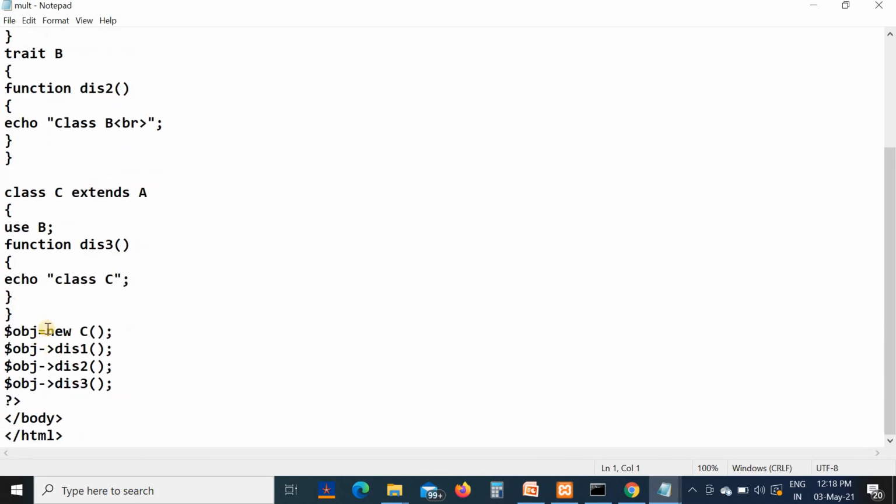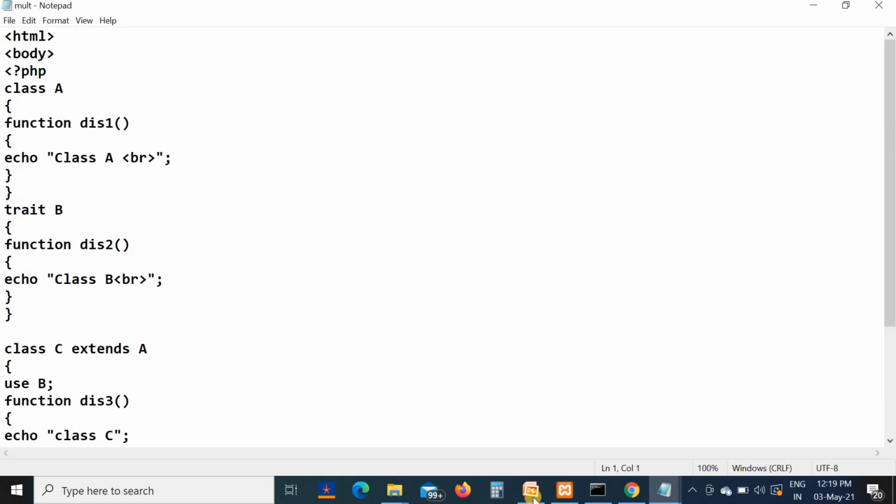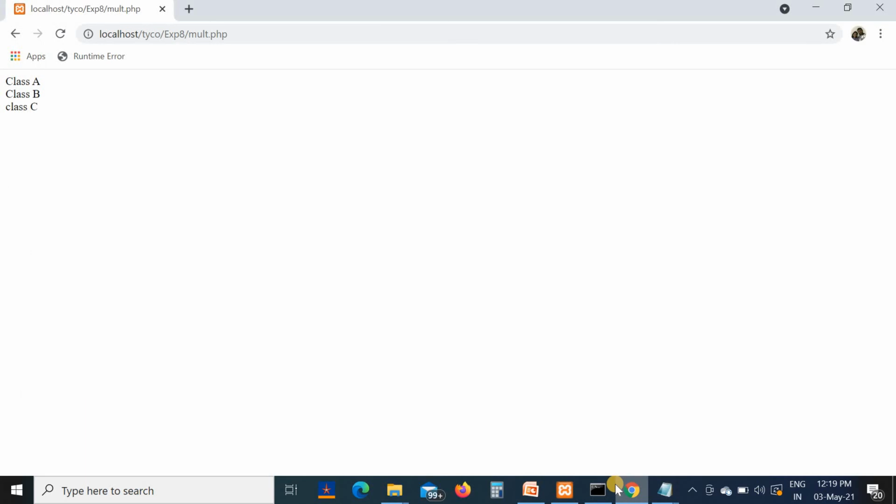By using this object, we are calling this one function, this two and these three function. This is the program for multiple inheritance. Whenever you execute this program, all the classes are called by using the object of class C. This is multiple inheritance.